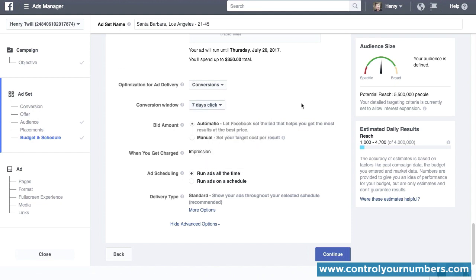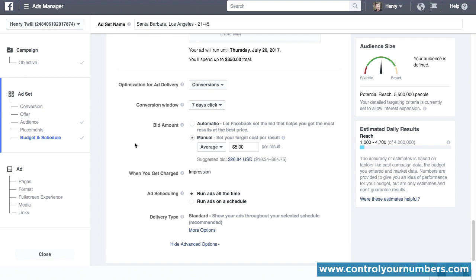Now let's talk about the bid amount. If I keep the automatic option, that means Facebook is going to control the bidding process for me. Facebook always bids the lowest amount up to the maximum budget that you've set, either at a lifetime or per day value. You'll often pay less than what you've entered if you're bidding manually. So here, if I set that up, I have some specific options that I can choose. Now, for newer advertisers, I suggest sticking to the automatic bidding option,